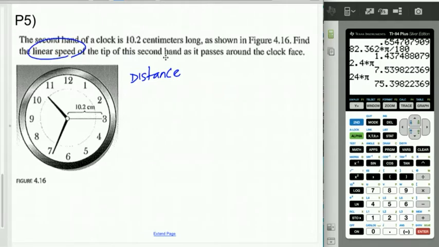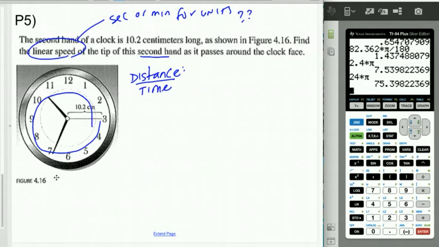So they don't tell you units. They don't say whether they mean seconds or minutes for units. Since they don't tell you, I guess I'll probably go with seconds because it's the second hand, but either of them would be fine because they didn't actually specifically ask you. So we want to do the distance that it travels over the time. My argument is that this thing travels a full circle in a minute, so in 60 seconds,